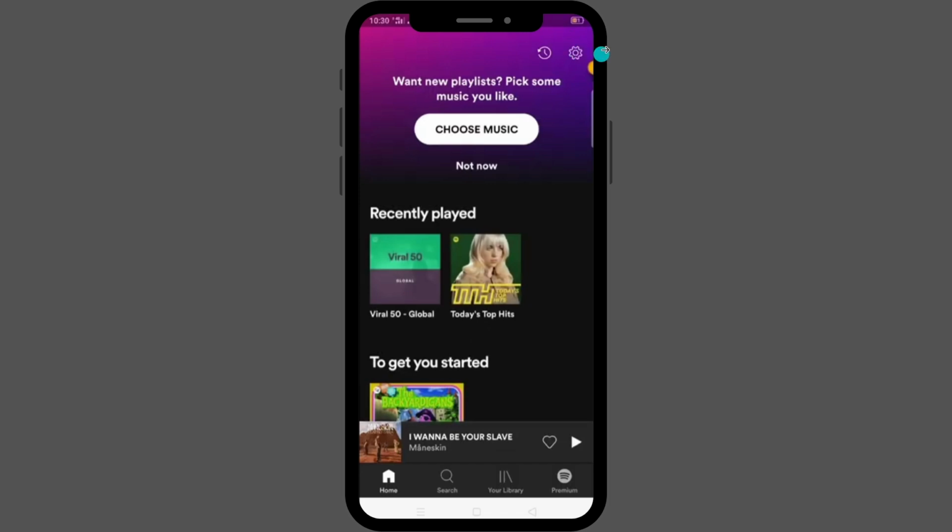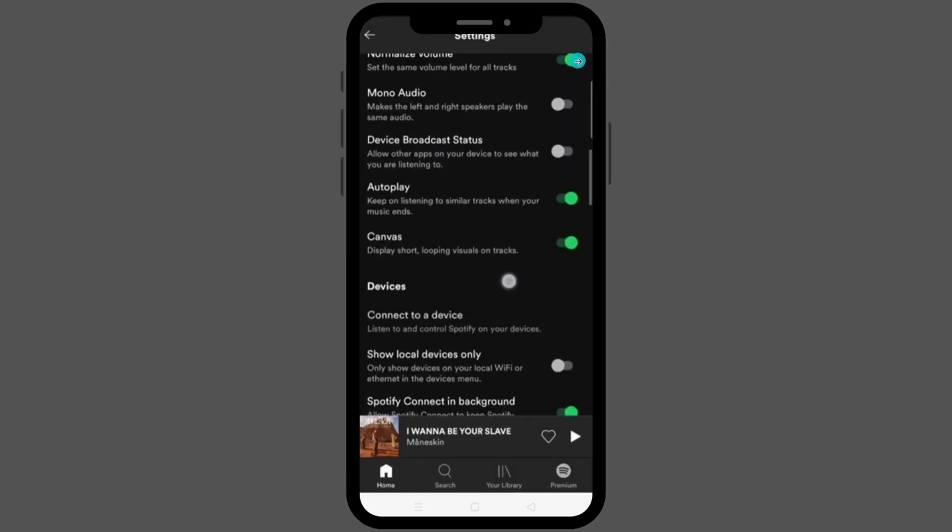Take a quick scroll through the settings so you can see what's there. You'll notice there isn't a place that shows your account password. That's totally normal. Spotify, like most apps, hides passwords in the app for security. So instead of hunting around here, we'll use an alternative that works great if your password was saved to your